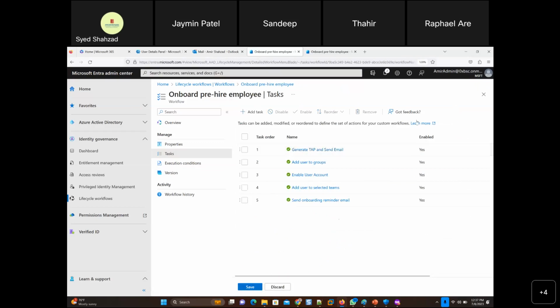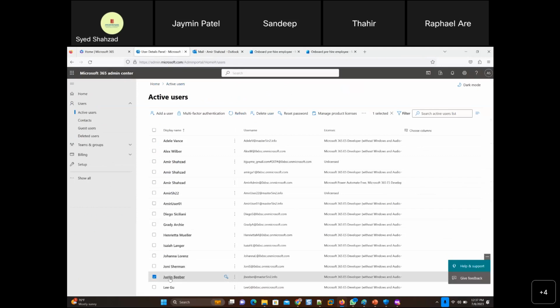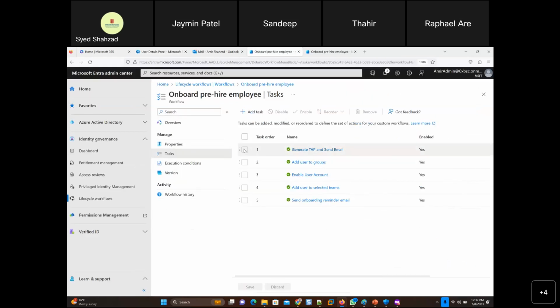I could just remove that as well, but why don't we go to the user settings? In the user settings, there's no hire date there. Really? There is. We can put a hire date there. Or user settings in the flow. You know what? We can just, for now, user to group, enable user account.